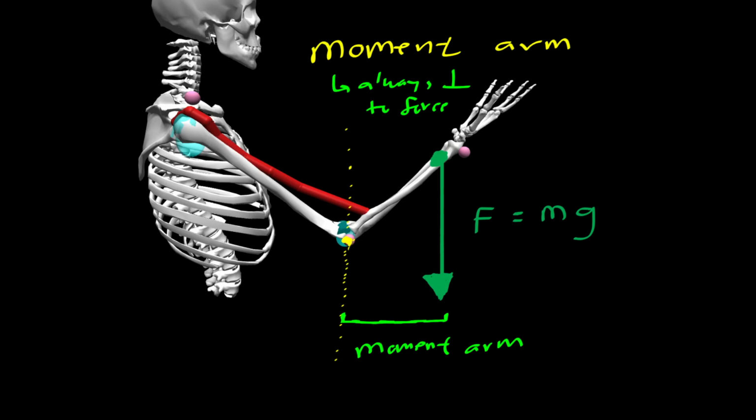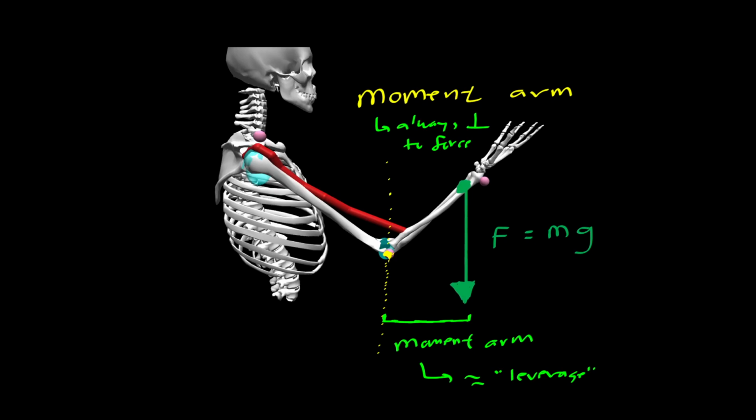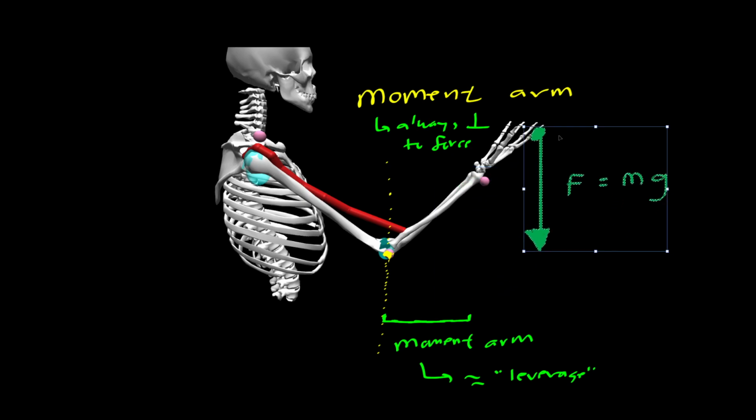Let's think about what happens when you change the moment arm. Conversationally, the moment arm is roughly equivalent to your conceptual idea of leverage. Sometimes people even use the term lever arm to refer to a moment arm. So do you notice how if I were to grab this force and just move it up here, same amount of force, but just applied further from the axis of rotation, further from the elbow, this would increase the moment arm now to this length,